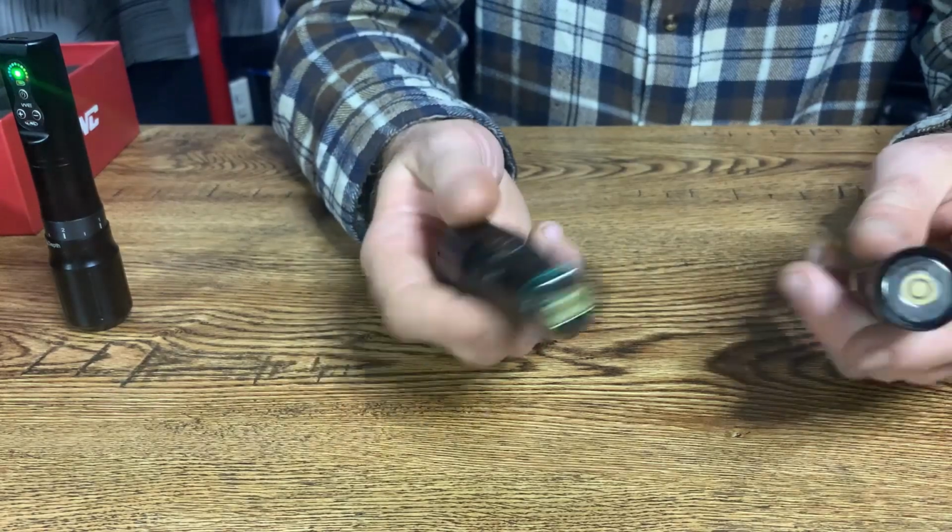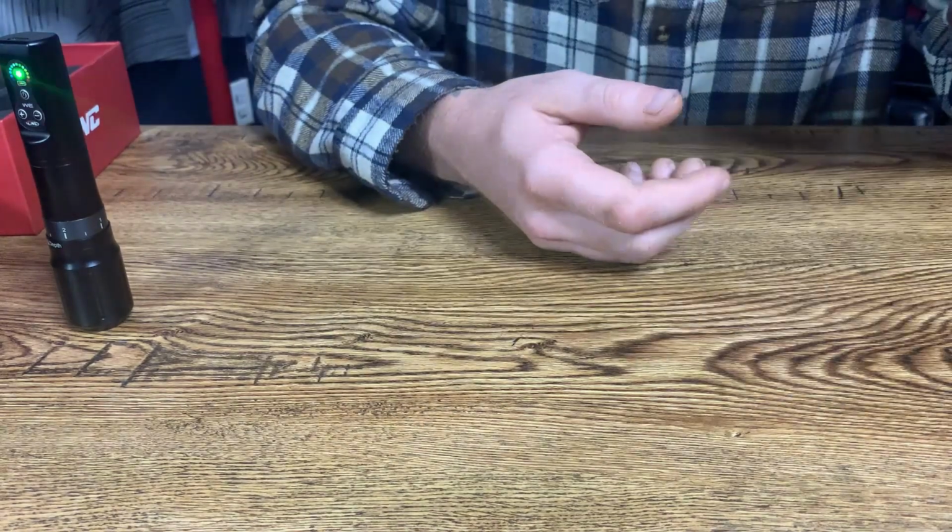Okay, so we went over basic operation. Again, I'm not going to bore you guys with hold this button down to turn it on, up voltage, down voltage. I think you get how it works. The beauty of it is they just magnetize together, just like the X-We. So here's the thing though, let's say you have the X-We, because I was wondering, alright, now I have two of the exact same machines that have different batteries. Well, what I thought was cool is, in the event that you already have the X-We, and you're interested in the X-We-Plus because of the batteries or whatever, what I thought would be pretty cool is to put, for me,